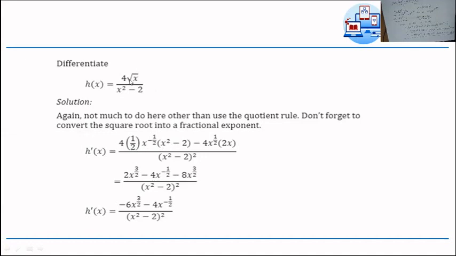Derivative nito, okay? Yung x raised to 1 half, our base is 1 half, ito na siya. So, 4 times 1 half, x raised to negative 1 half. Okay? So, x raised to 1 half minus 1 half, then negative 1 half siya. Then, multiply by your